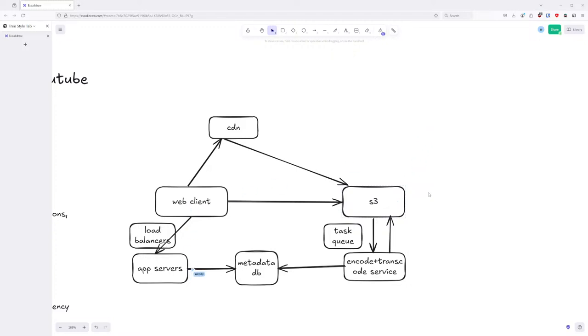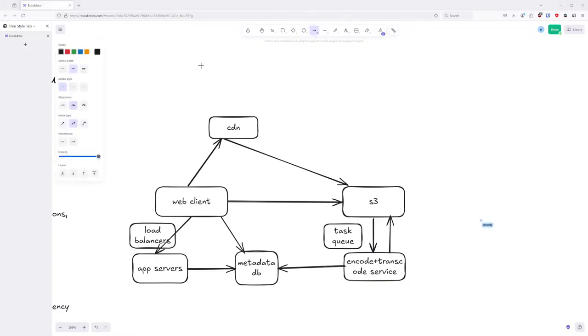So the CDN is a cache essentially. Okay. And when they view the video, they'll also need to load the metadata from the database.